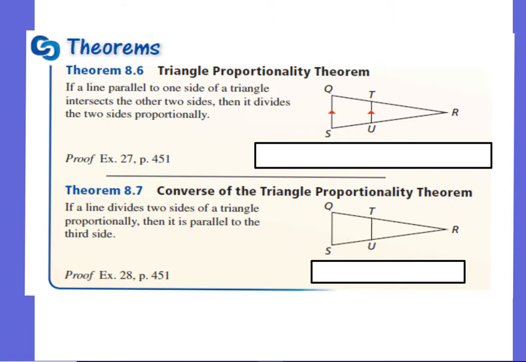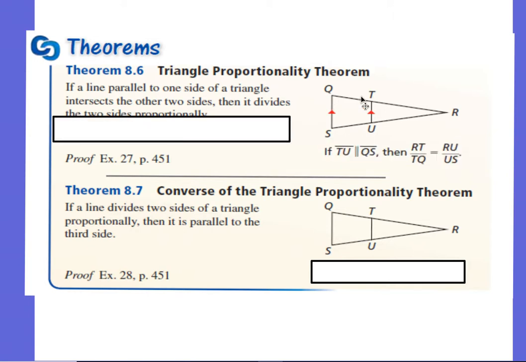The triangle proportionality theorem states that if a line parallel to one side of a triangle intersects the other two sides, then it divides the two sides proportionally to one another. Oh goodness, what does that actually break down to? Well, that tells us that if TU is parallel to QS, then it divides the triangle RQS in such a way that RT is to TQ just as RU